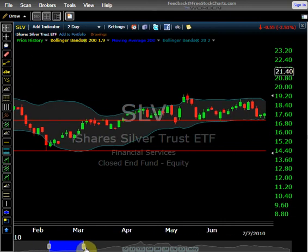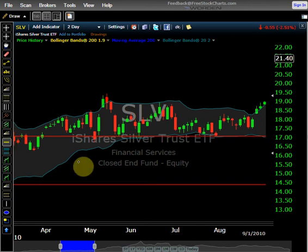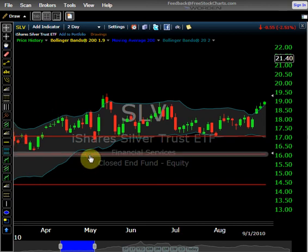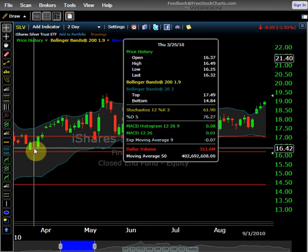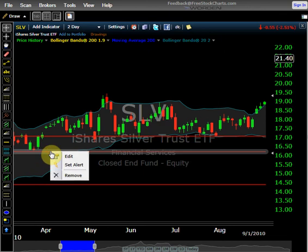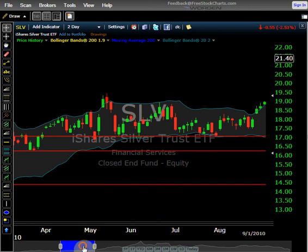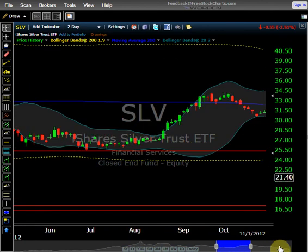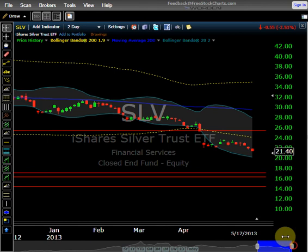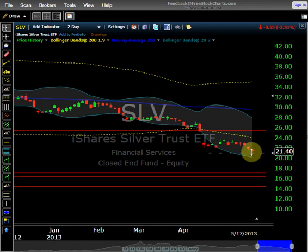I mean, you could go in and place support levels in these intermediaries, like right here. There's a low at 16.25, and I could go in here and get it right on spot, right there. And moving that forward, if we just take a look at some more of these support levels as they relate to the price where it is now,